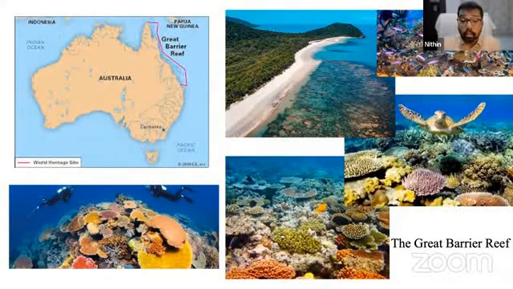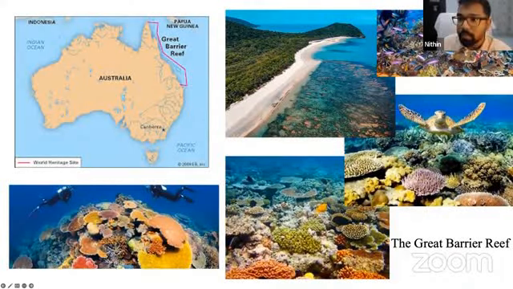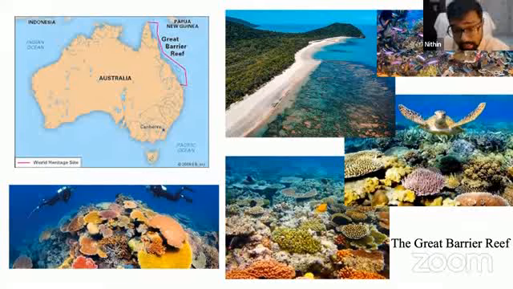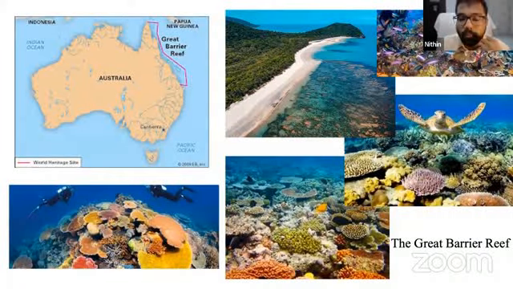So now we reached the beautiful, the majestic Great Barrier Reef. In the map, it's a bit unclear, but you can see the geographical location of the Great Barrier Reef. It's on the northern east coast, and it lies like this. And these are the photos of the plants and animals that exist within the Great Barrier ecosystem. So this is a huge ecosystem, which for us human beings is a marvel to visit, to go scuba diving and see the animals and plants that live within the ecosystem.